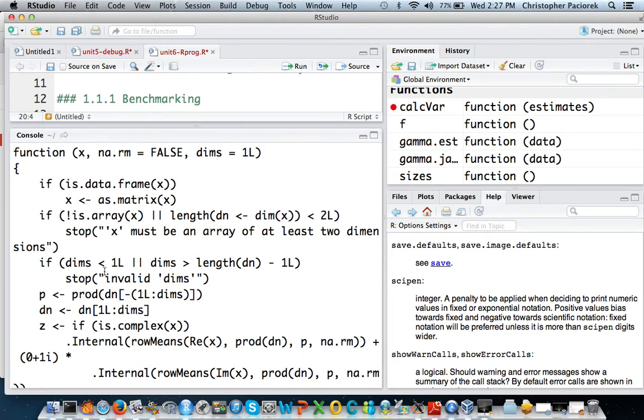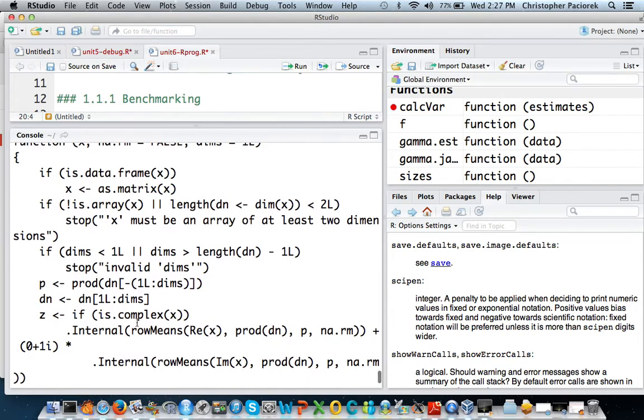And maybe it might check the dimensions and do a little bit of other pre-processing. But then relatively soon on in the code, it's going to go and call a C or a Fortran or a C++ function. And the way that you know that it's doing that is if you see the function .Internal or .Primitive, or there are a few others. I think I mentioned them in here somewhere. .Call,